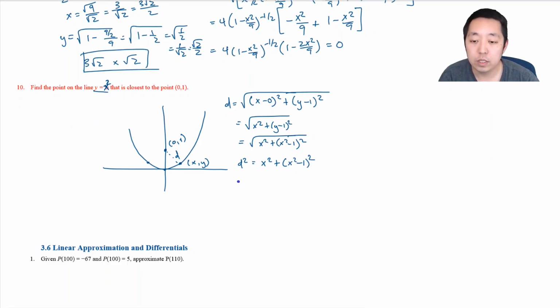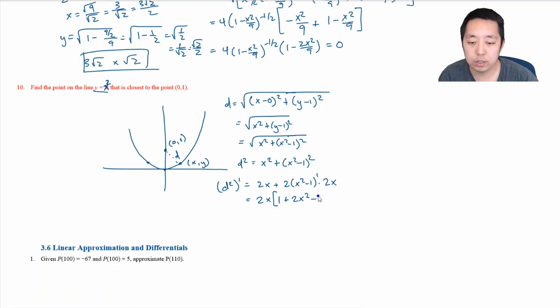So I'm going to take the derivative of d squared, and I get 2x plus 2 times x squared minus 1 to the first power by the power rule. Then the inside is not x, so I multiply by the derivative of the inside, which is just 2x. I can factor out a 2x, and I get 2x times 2x squared minus 1, and that has to equal 0. So that happens at x equals 0, or x equals